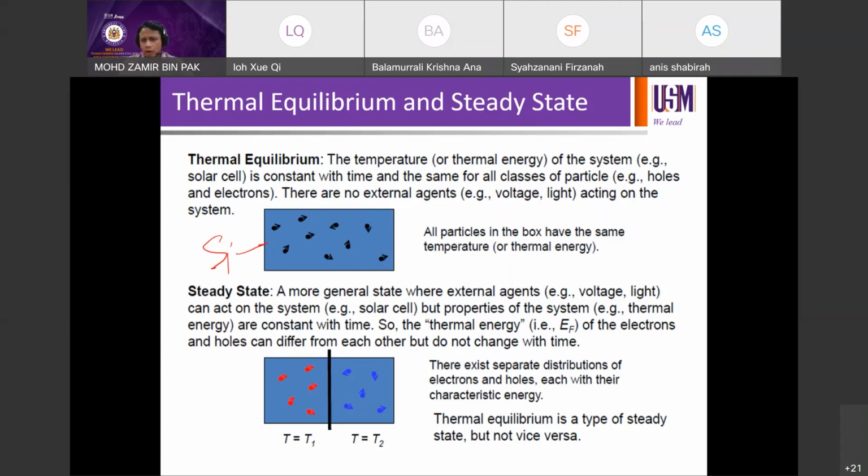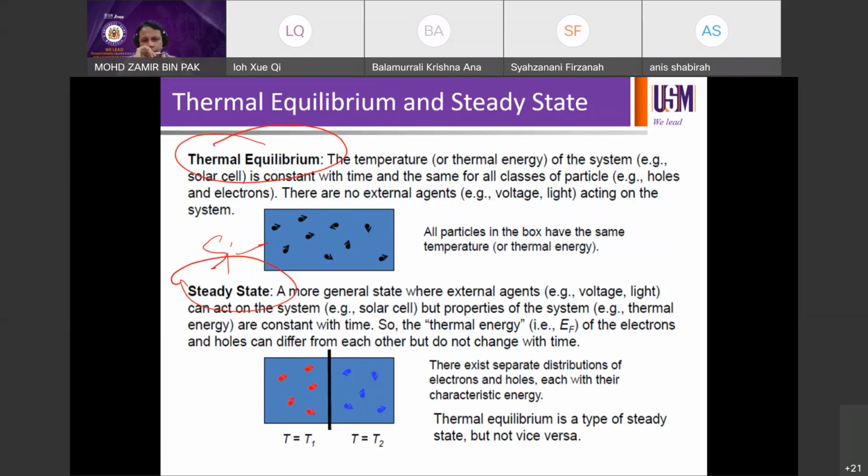All particles in the box have the same temperature or thermal energy. So particles in this case are referring to your carriers, right? So in this particular condition, your semiconductor material is said to be at thermal equilibrium, right? On the other hand,